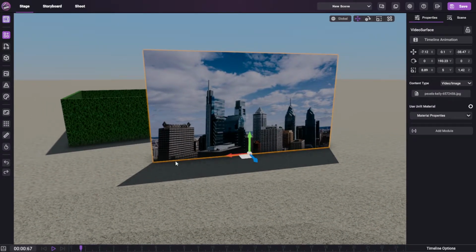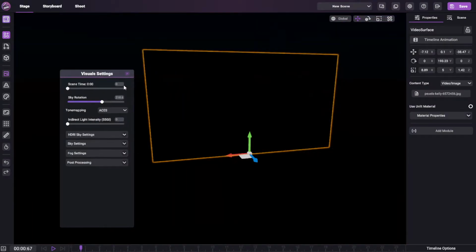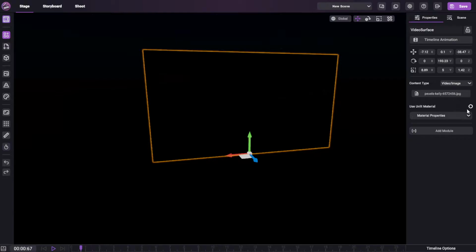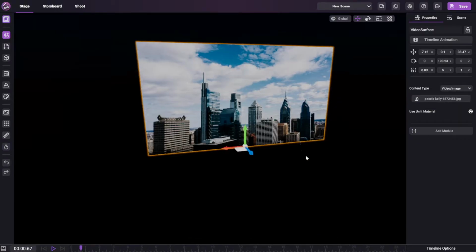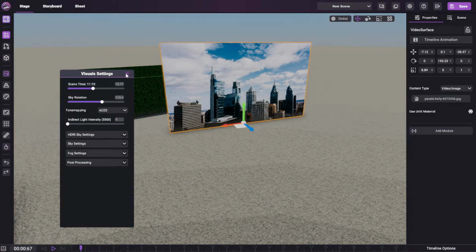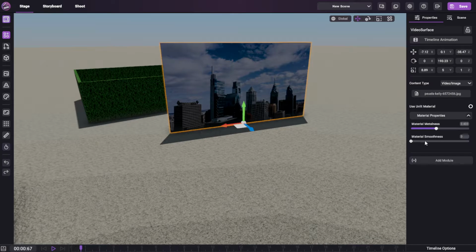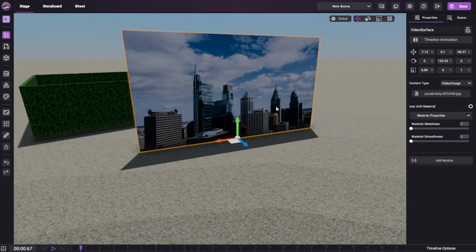One, it has shadows applied to it. So if it was dark out, you wouldn't be able to see anything. And that's why you can use the same material settings you could with chroma key. So I can enable it. So now it's an unlit material. So now it completely ignores lighting in the scene. And if it's not an unlit material, you can adjust the metallicness and smoothness for reflections and things like that, and it's very useful. Now this is just a static image, but you can also do this with a video